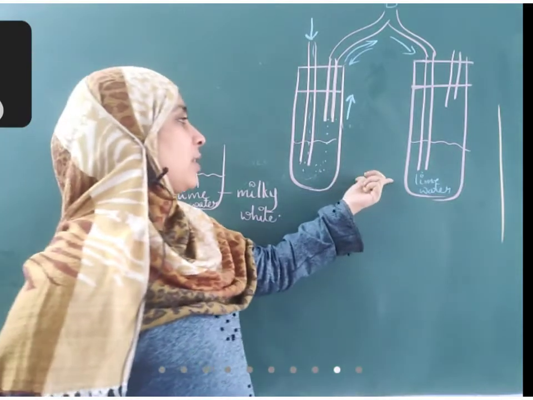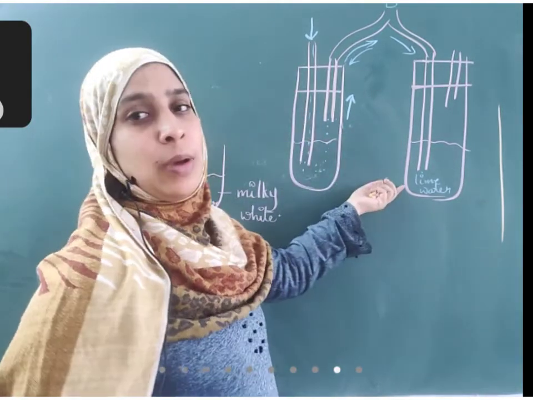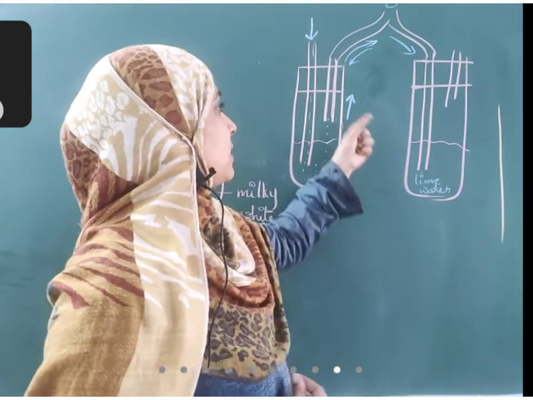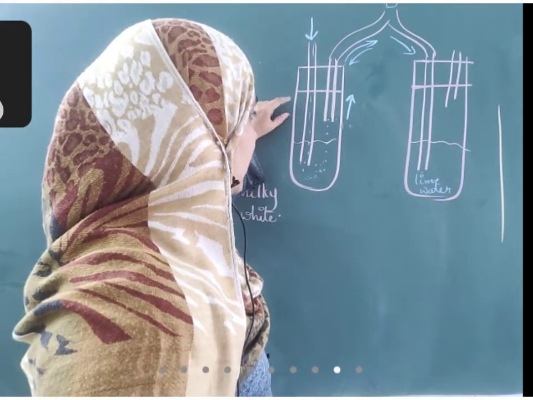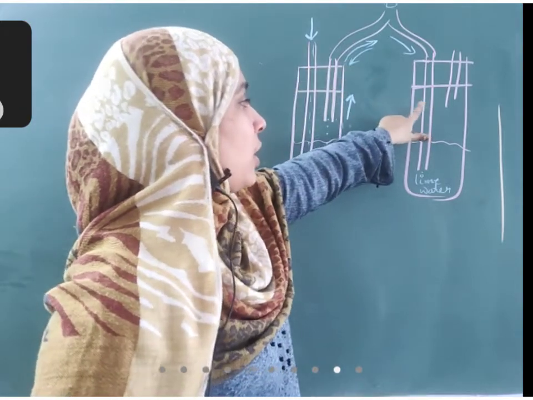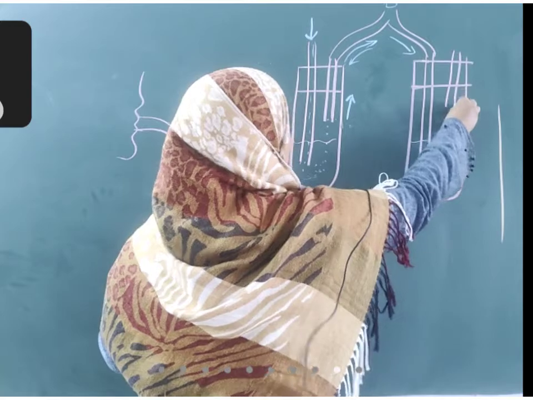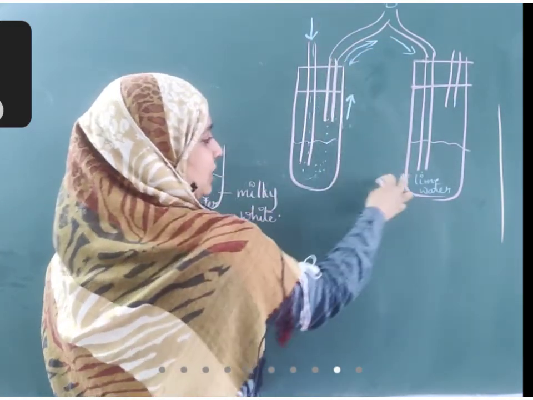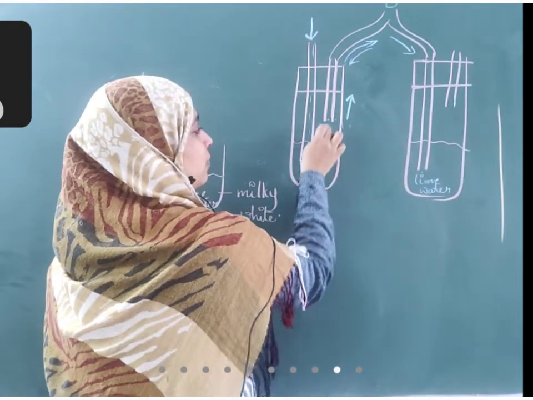This is a slightly more complex method to identify that carbon dioxide is present in the exhaled gas. You need to connect two test tubes which have lime water with two tubes, one smaller and one larger, and one from each of these tubes is connected to your mouth or nose. And when you inhale, there is no chance for gas to come from this test tube. It should definitely come from here.